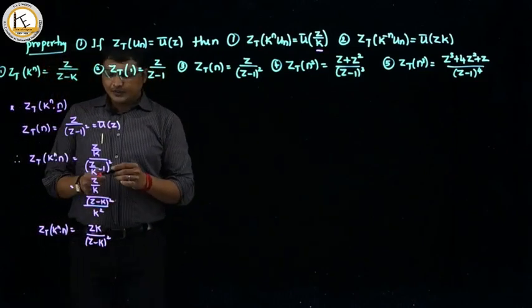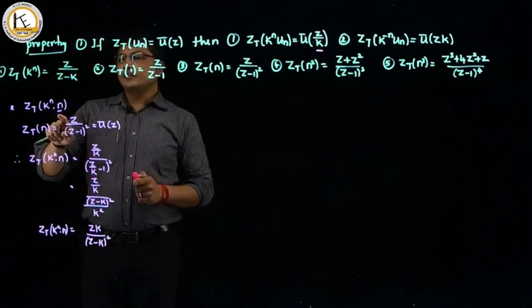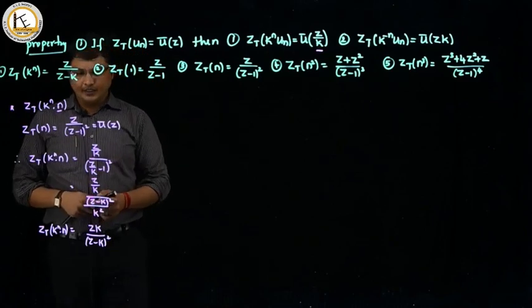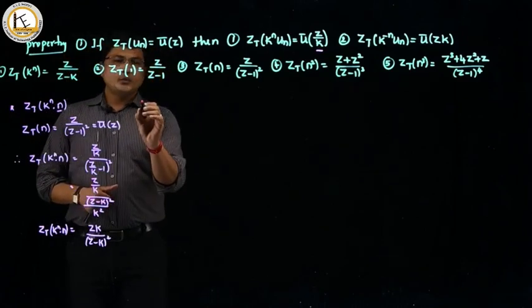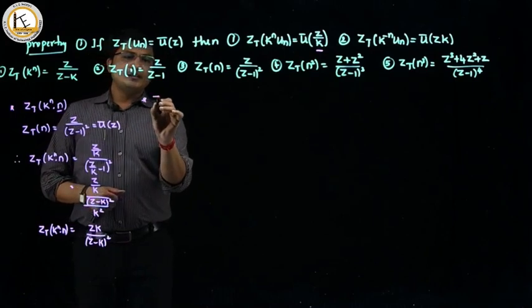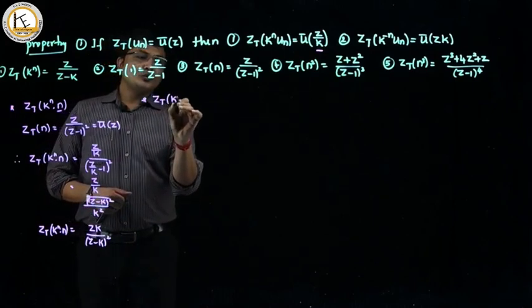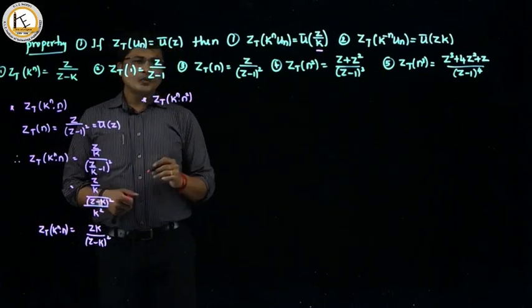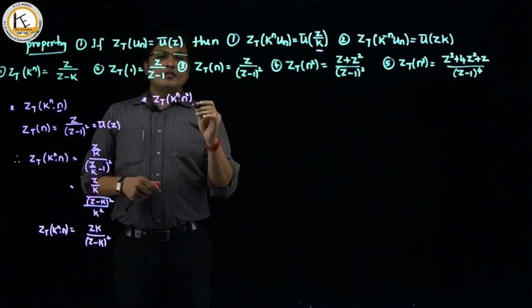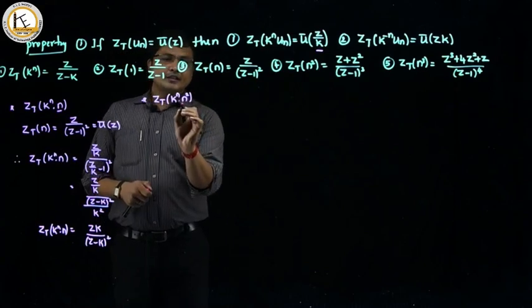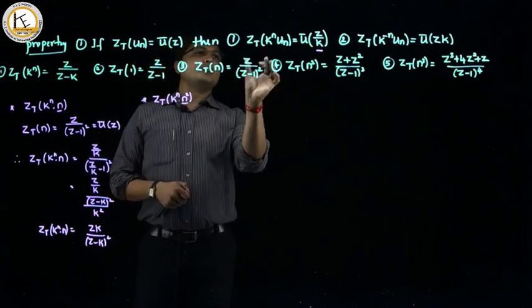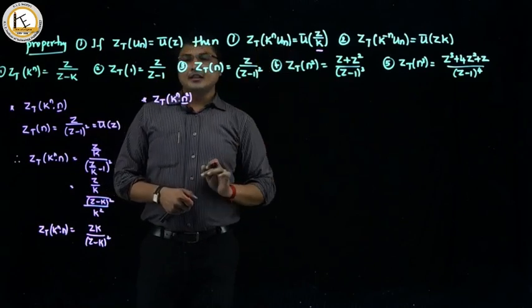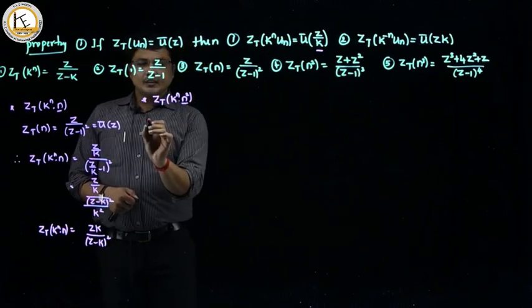Okay, very simple thing. You need to find the Z transform of n. In that formula, you just need to replace Z as Z by k. So next one, we will find the Z transform of k raised to n into n square. Again the same procedure. First we need to find the Z transform of n square, comparing with this standard form k raised to n into u n. Every time you need to find the Z transform of u n,